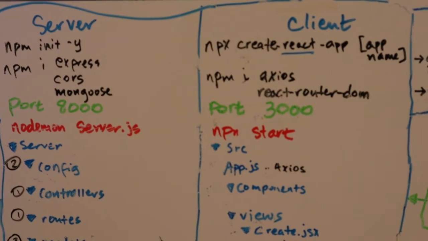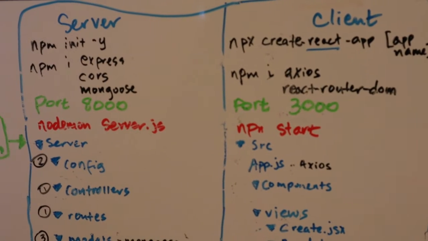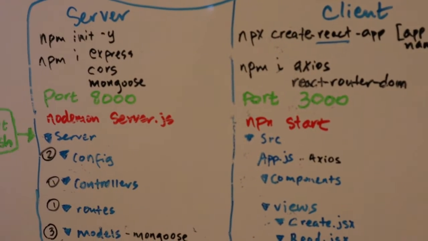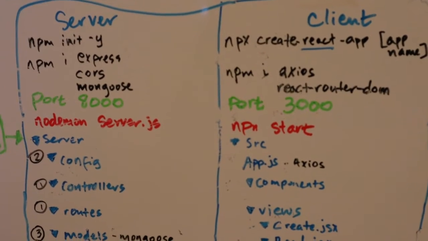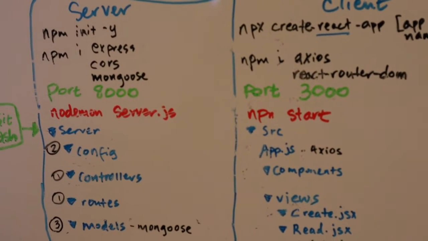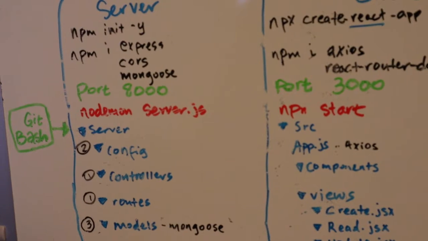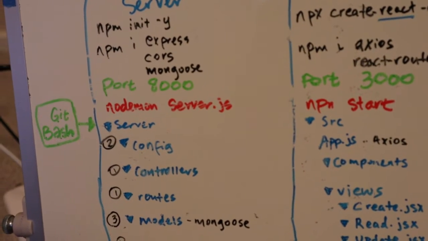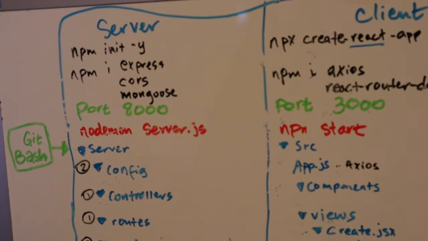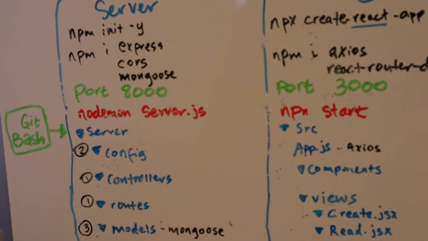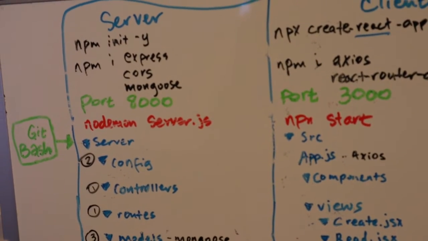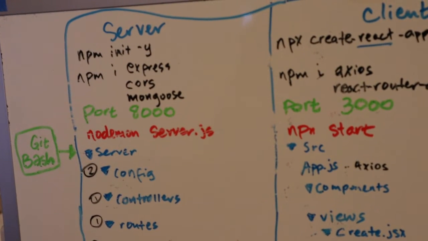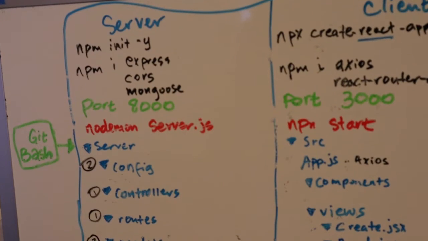So let's say, let's call this app React app. So in the React app folder, you would create a new folder called server, and then click into that server folder and right click if you're on a Windows. I'm more familiar with Windows, so start git bash,